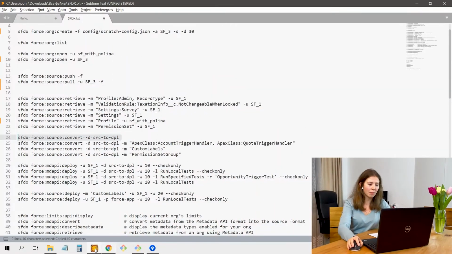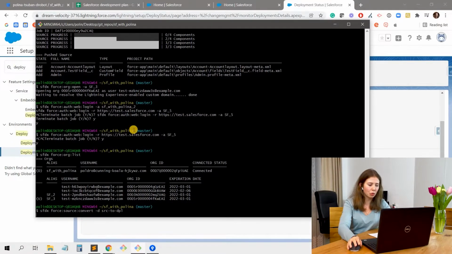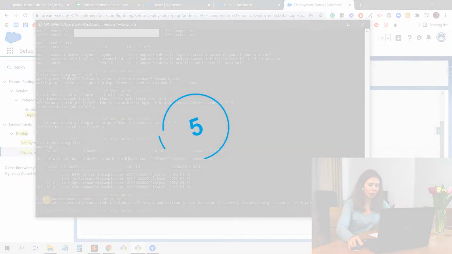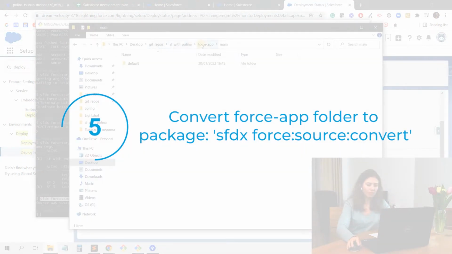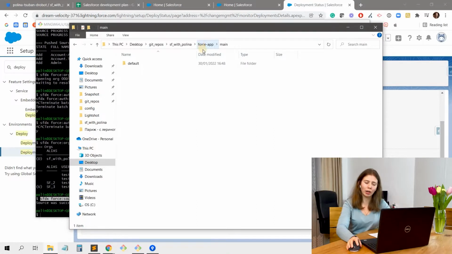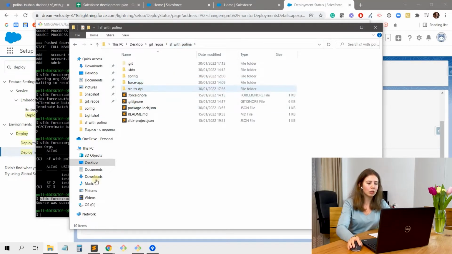So when we are doing the package deployments, for example, or change sets deployment, inside it creates the package XML. And I can show you. So we have some commands in here to convert our force-app format of files, which means SFDX format of the file metadata. We can convert it to